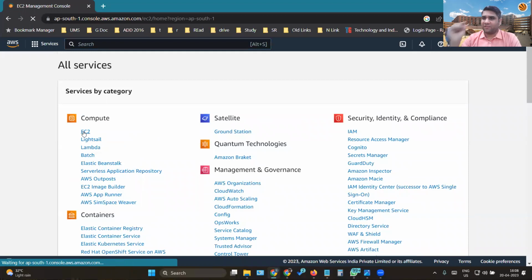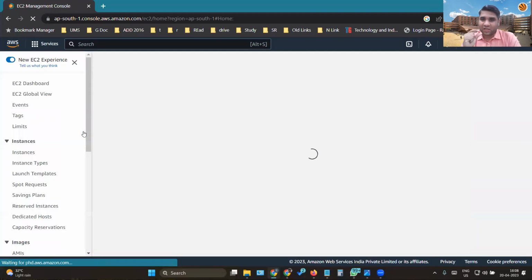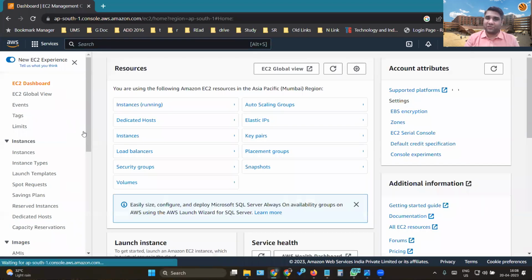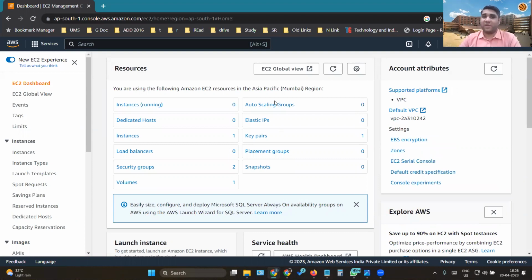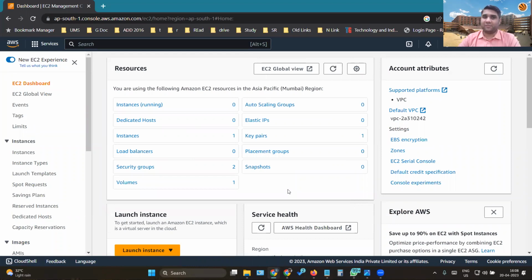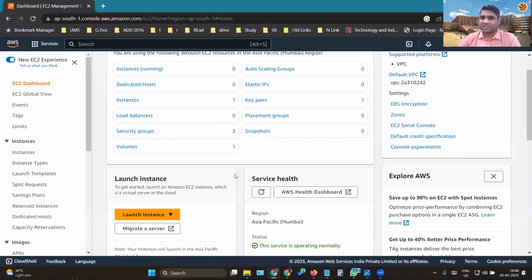We'll try to understand the very basic service, which is a computing service, how you can access a computing service, and with the help of that computing service, how you can host an application. And then there are different services which you can use based on those applications. Now, this is the dashboard which tells me how many instances, how many IPs, whatever things are running. So it says volumes, I'm using 1, instances is currently 1, key pairs that I'm using 1. What are all of these? We'll just understand. We'll go step by step.